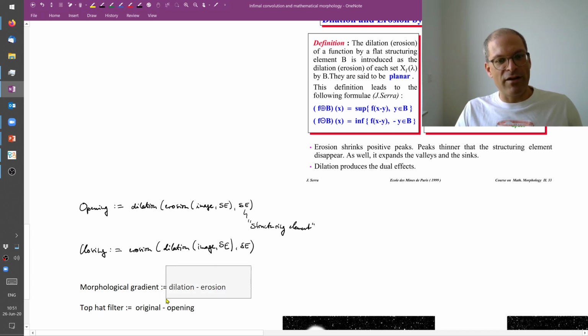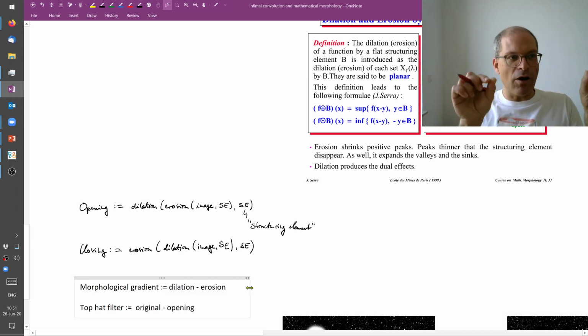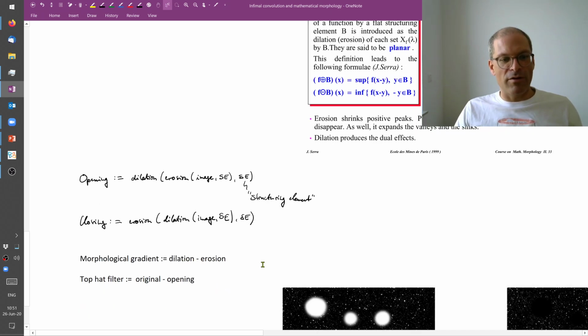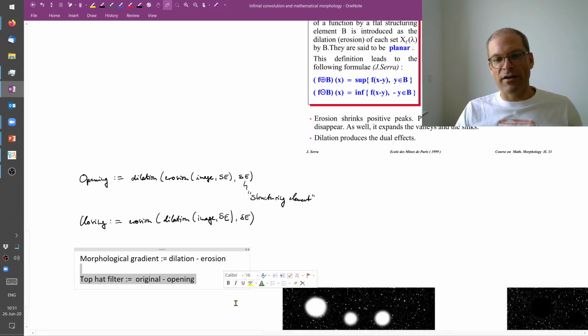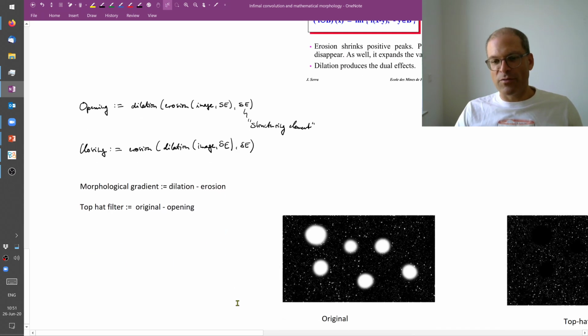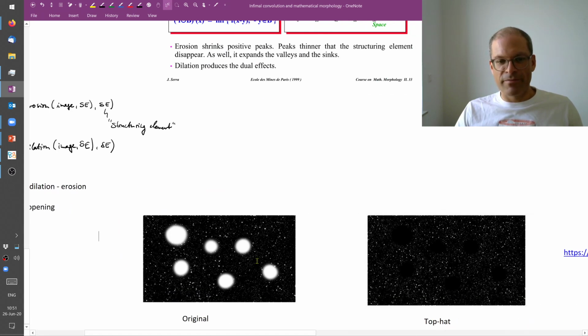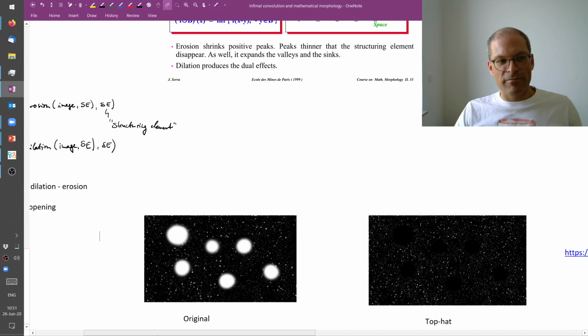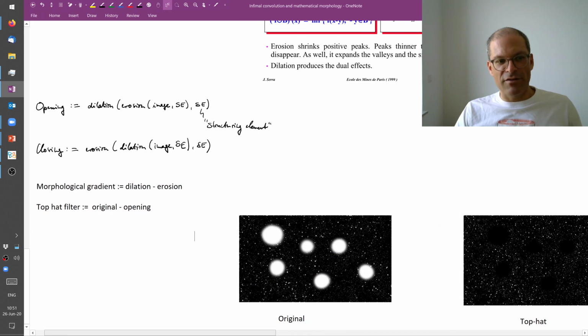Here we have, you can also dilate an image and erode an image and take the difference between the two. That gives you the outline of objects, or there's something called a white or a black top hat filter, where you can take the original image and subtract from it an opened image. This is what you see here on the right hand side. So we have some original image. We want to get rid of these big white blobs, and the top hat filter, well, let's look again at the